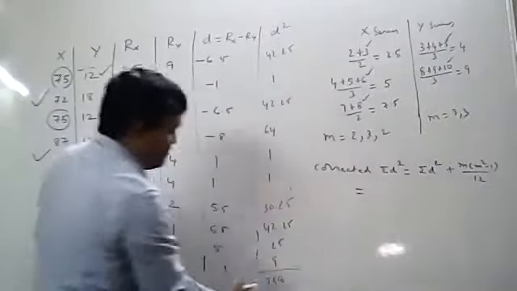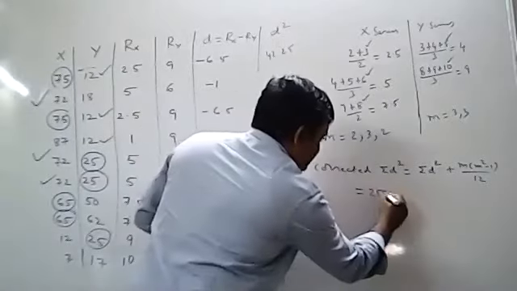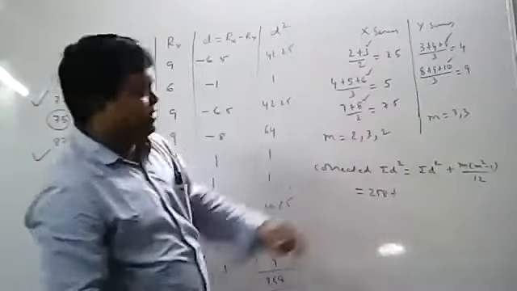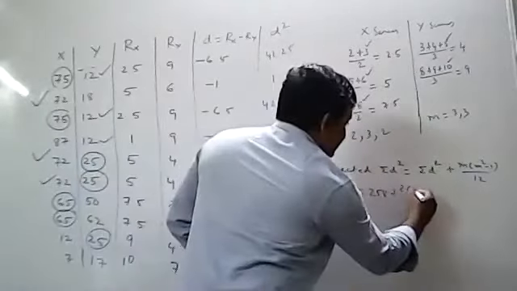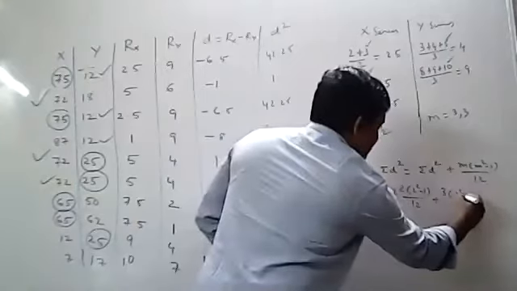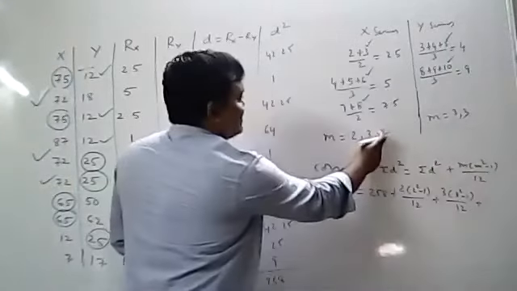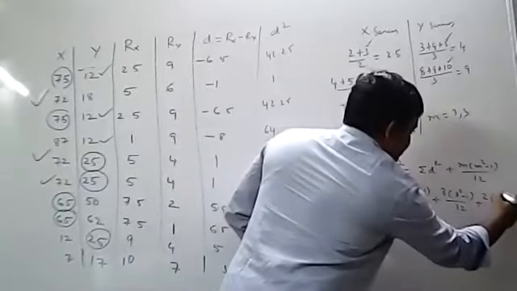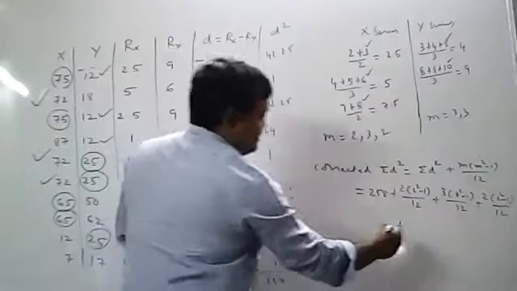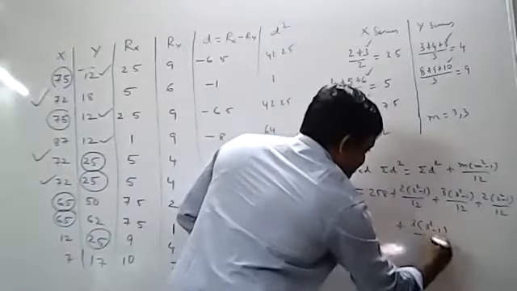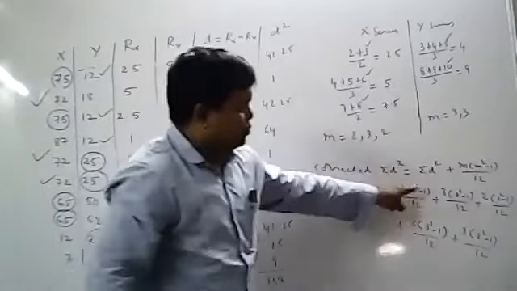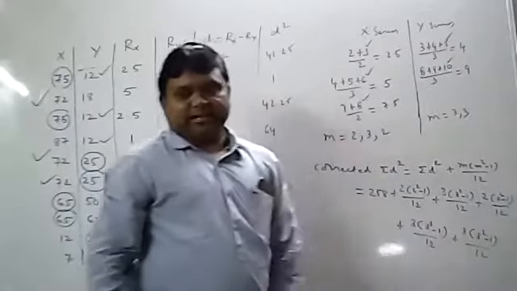So what is the D square total you got? D square total is 258 plus, now you have to substitute all the M values one by one. So first I will substitute 2. That means 2 into 2 square minus 1 by 12 plus, next value 3. 3 into 3 square minus 1 by 12 plus, last M value in X series, 2 into 2 square minus 1 by 12 plus. Now X series is completed. Y series 3, 3. So 3 into 3 square minus 1 by 12 plus last value 3 into 3 square minus 1 by 12. X series 2, 3, 2. Y series 3, 3. That I have substituted.